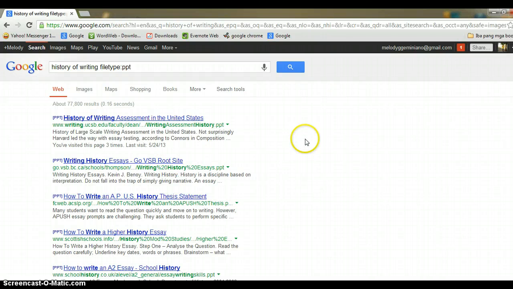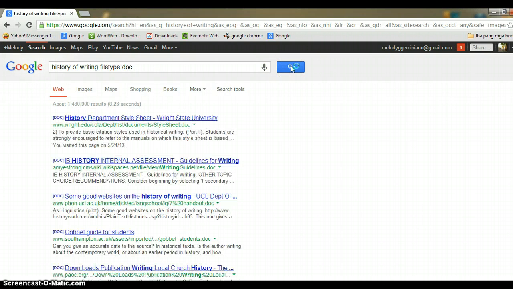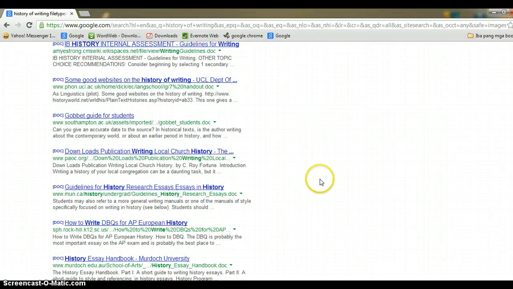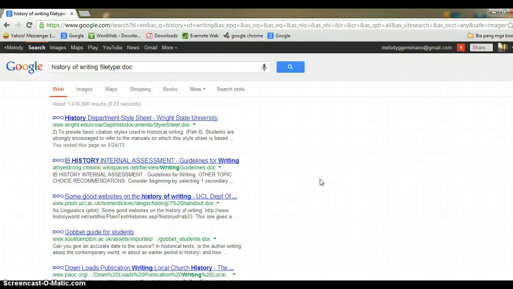From PDF file, all of the entries now are in PowerPoint presentation. If you want Microsoft Word document, delete the PPT and change it into doc. Then, click on the search button or press enter. So, all of the entries are now in Microsoft Word document.